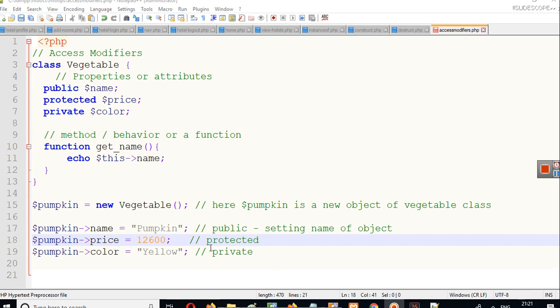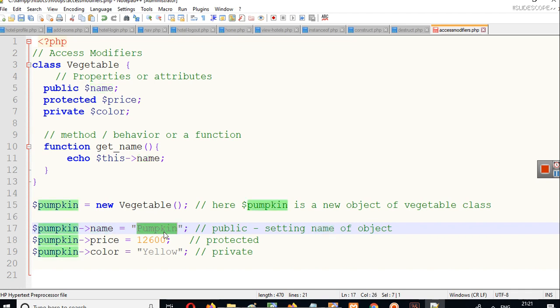When we are setting this, clearly see that this pumpkin object is accessing the name attribute of the vegetable class, and it is setting it to a string value pumpkin. This pumpkin object is accessing the price attribute of the vegetable class and setting an integer value 12,600, and the pumpkin color is being set to yellow.